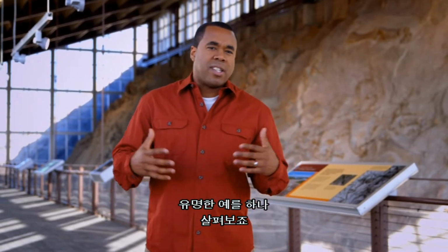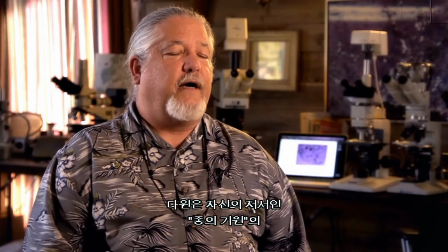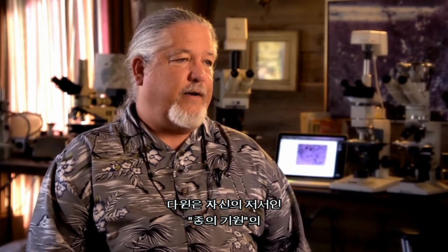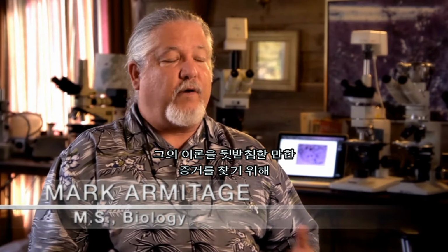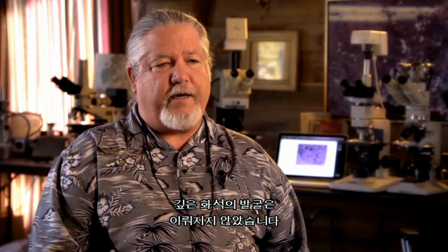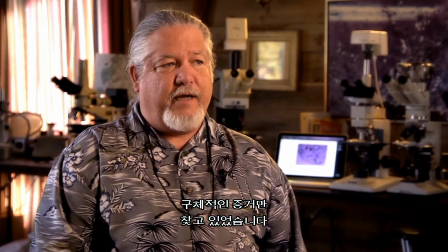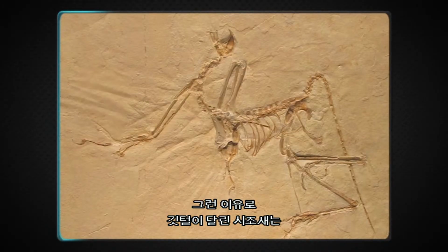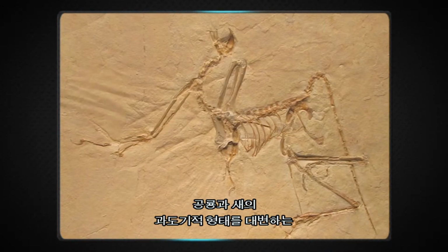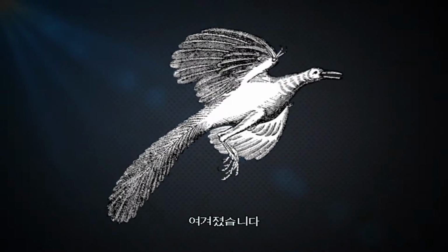Let's investigate one of the more famous examples. Darwin was pretty frustrated at the first publication of The Origin of Species, and he was hopeful that there would be evidence to support his theory. They hadn't really dug deeply into the fossil record by that point, and so they were all looking for hard evidence that would support his contentions. And so Archaeopteryx was hailed as a wonderful find, a feathered dinosaur, a very important transitional form between dinosaurs and